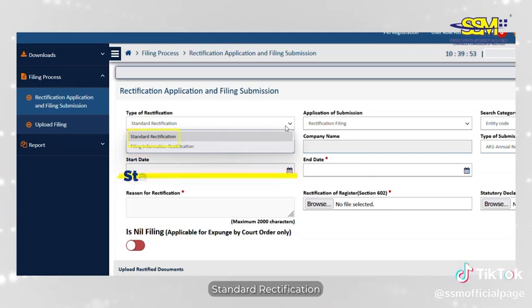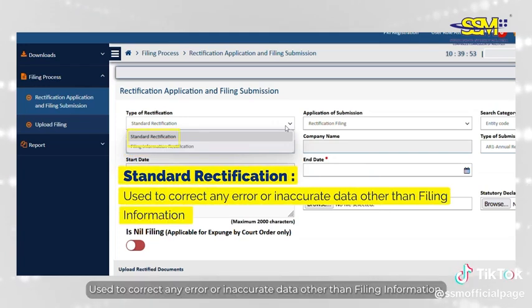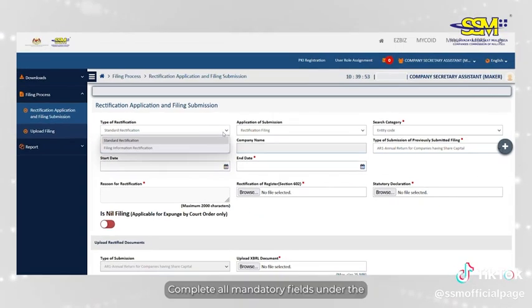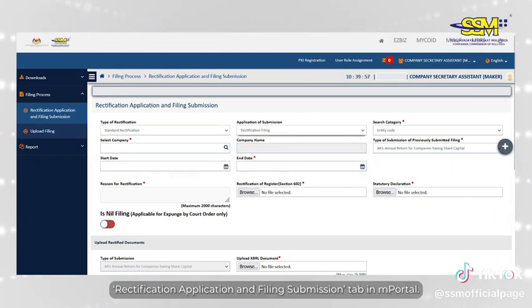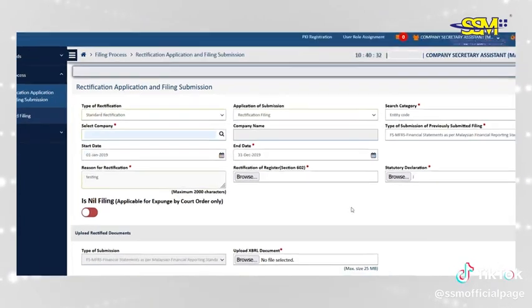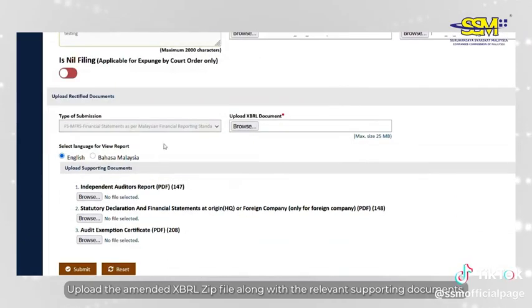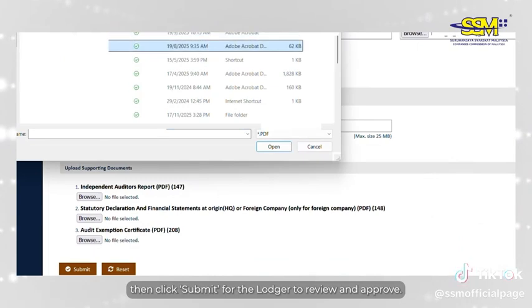Standard rectification, used to correct any error or inaccurate data other than filing information. Example, rectifying the residential address of a director in Section D of an annual return. Complete all mandatory fields under the Rectification Application and Filing Submission tab in M Portal. Upload the amended XBRL zip file along with the relevant supporting documents, then click Submit for the lodger to review